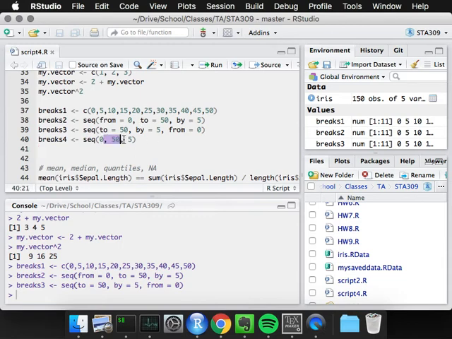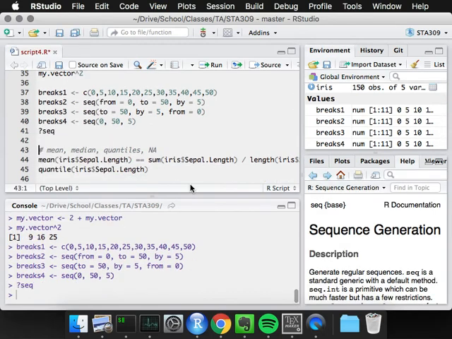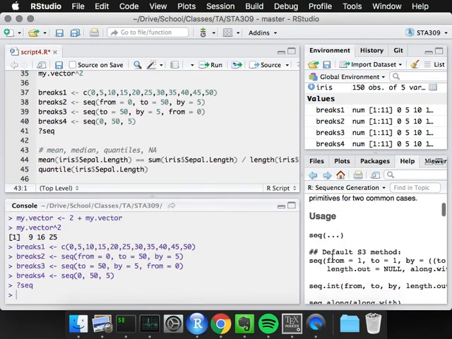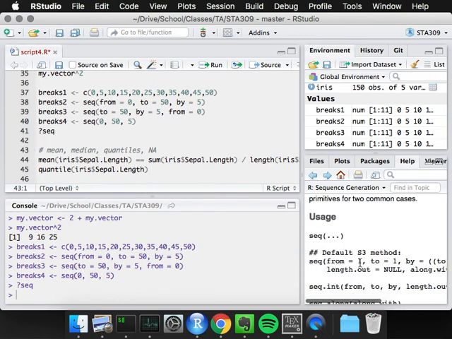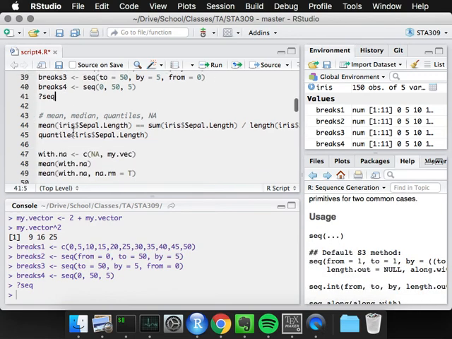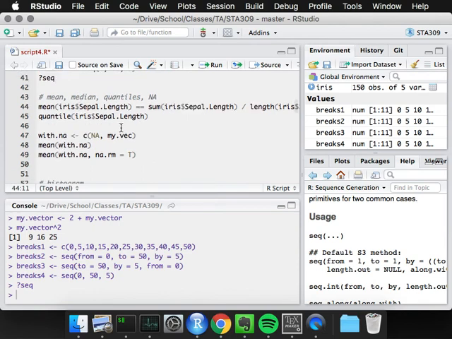But if you don't give it the names, I have to do it in the way that it's supposed to be done. And if you forget, you can always do a question mark and the name of the function, and here it'll tell you. So seq says from, to, by, etc. And there's some other stuff, but you don't need it. You just need the first three things. So this is a very useful function to have in case you're lazy and don't want to write the whole vector. Okay, so